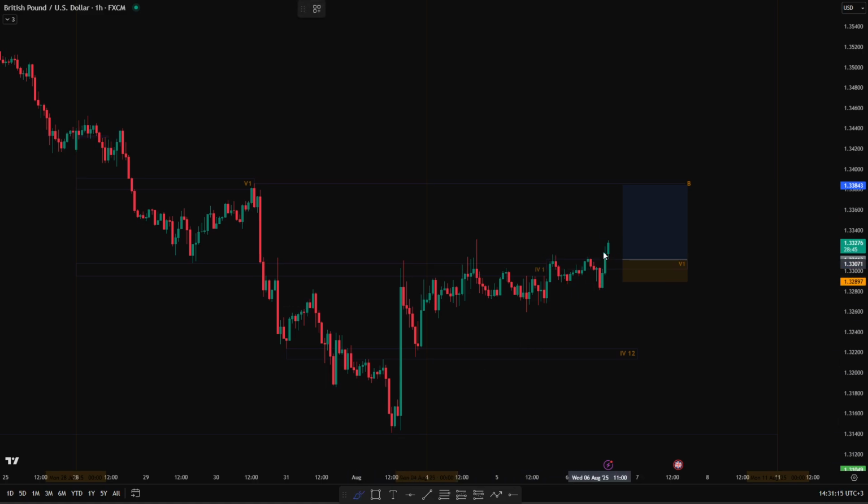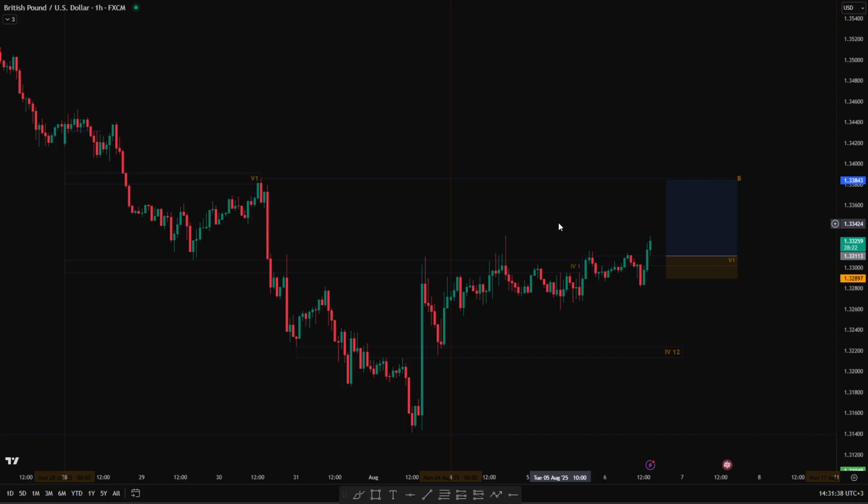We don't need to complicate the setup more than it is right now, right here. It's very simple. Just simply waiting for this candle to close like this, wait for a retracement here on the lower time frame. I'll be observing a reversal pattern such as displacement and so on, and we can definitely catch this move to the upside. So let's wait and see together what could potentially unfold in this setup.